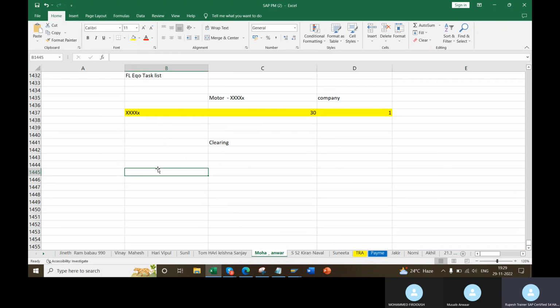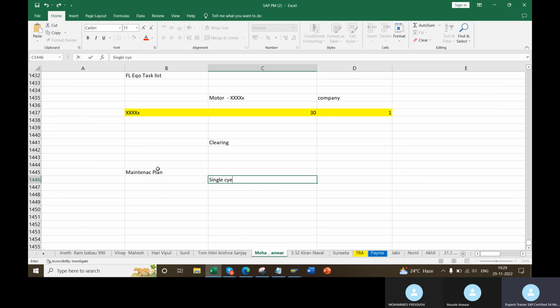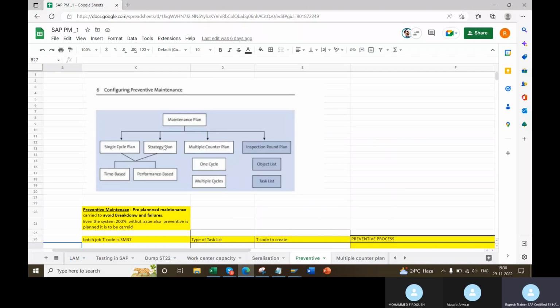Maintenance plans are of three types: single cycle plan, strategy plan, and multiple counter plan.